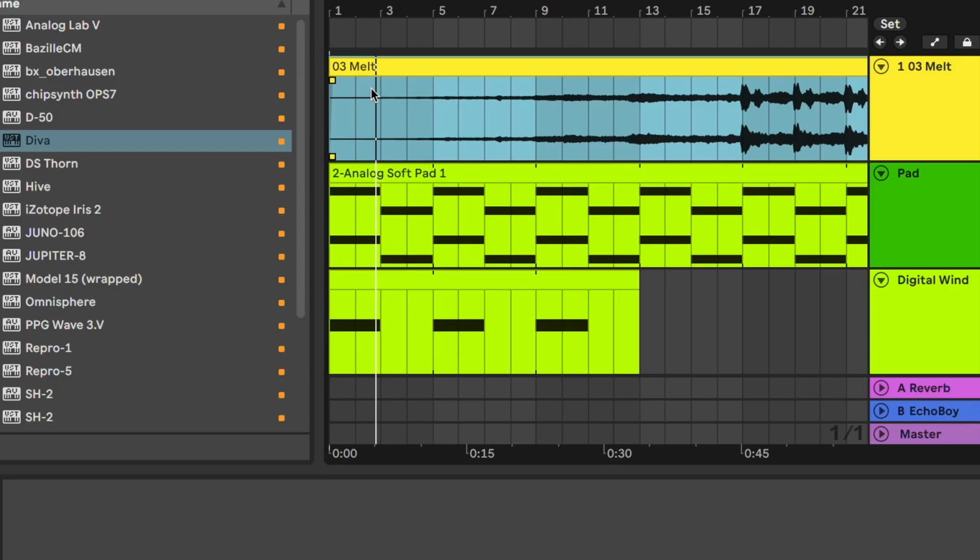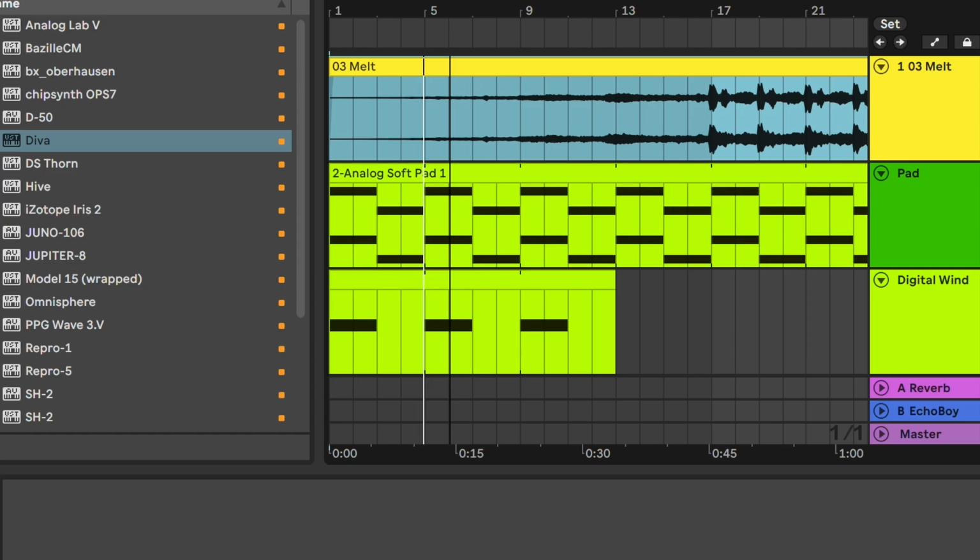So we have a nice slow volume fade. Track just creeps in with the pad. And we've got that bit of wind sound and we've got this bonk. So first of all we've got a pad. So the key of this track is it just goes C sharp to B. Just goes between those two kind of notes.